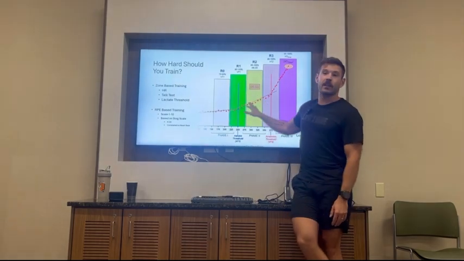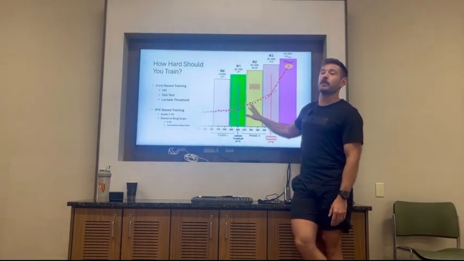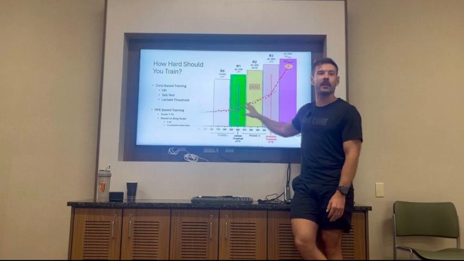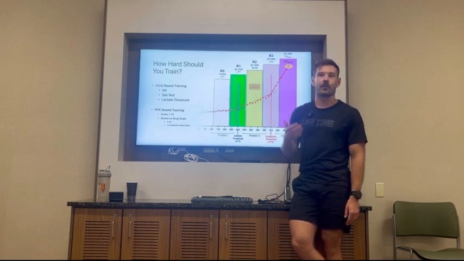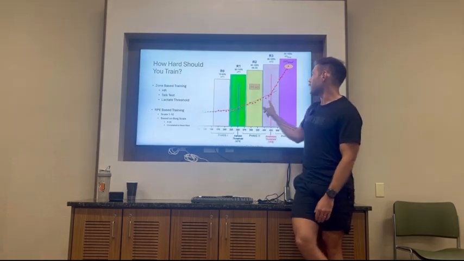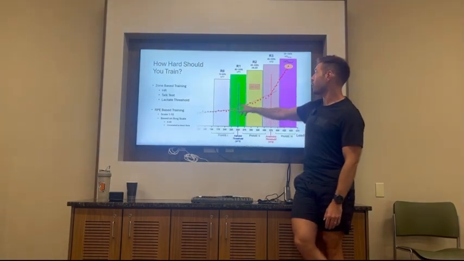Zone 3 is when it gets uncomfortable. This is actually where most people default to when they run, and there's a lot of problems with that. We'll come back to that. But zone 3, you get a lot of that in our classes. Zone 3 has advantages, but that's going to be a small change between VT1,